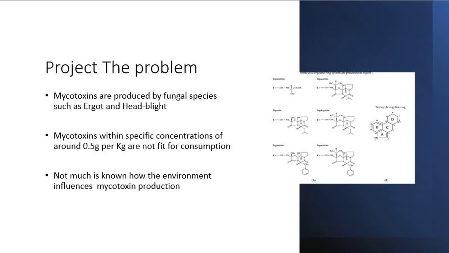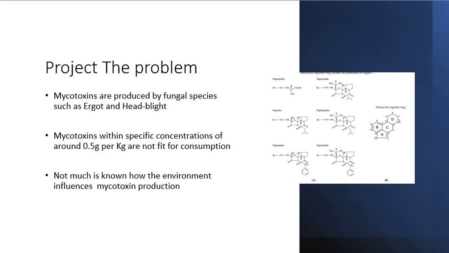Due to the legal levels of allowable mycotoxins within a crop being so low, this project aims to see whether changes in the environment can affect the concentration of mycotoxins that are produced during infection and during sexual production within the soil, which is where mycotoxin production is at its peak for both ergot and head blight. So, to introduce the science behind this, the next couple of slides will go through the disease cycle of both